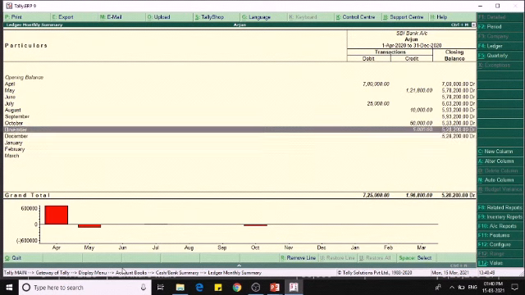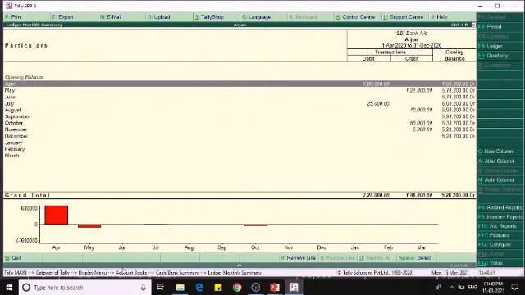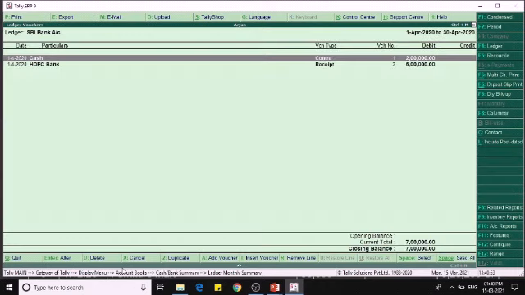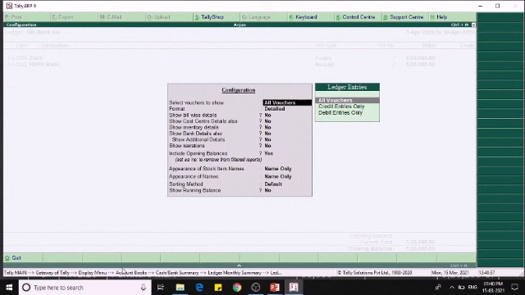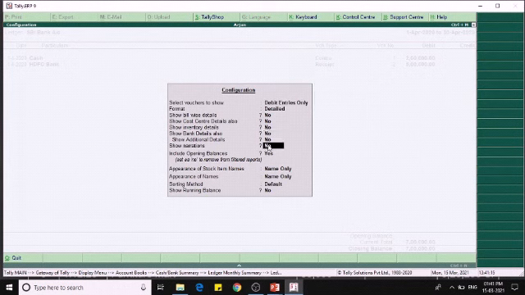Then we have to select the month, and then press F12, and set show narrations. We have to give yes for show narrations.